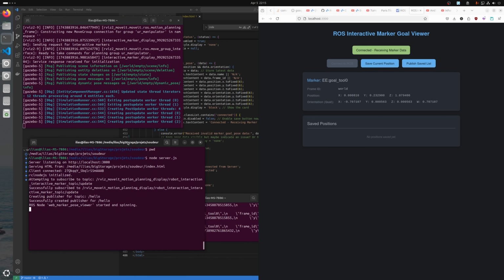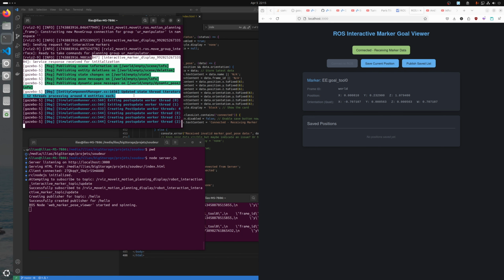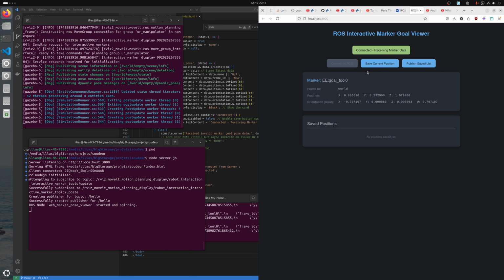So I wanted to show you, here I run the launch file with the Rviz. Nothing very specific. I used Google AI Studio Gemini 2.5 Pro, I think, to help me with that. It was a pleasure to work with. So I have the server running, which is displaying this. And I created a node,